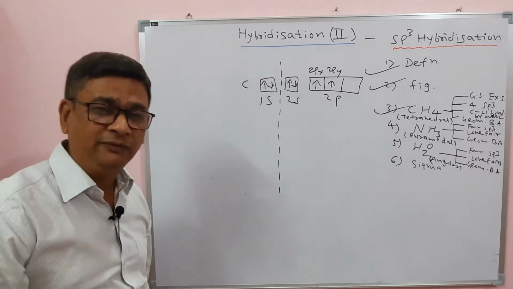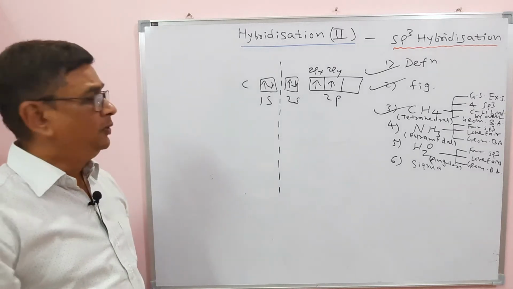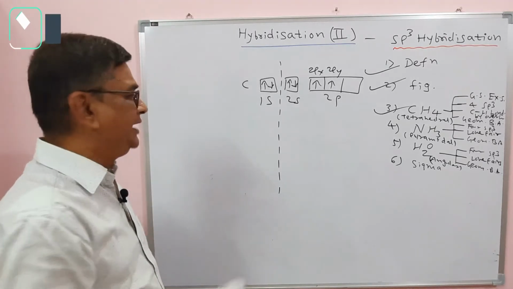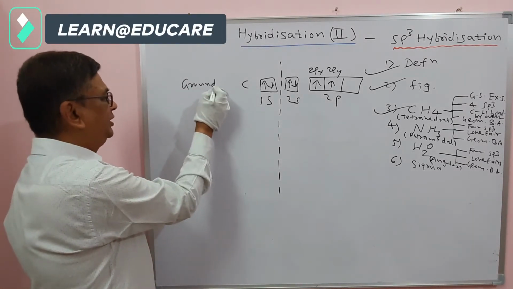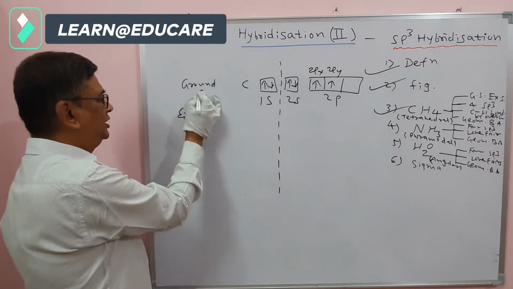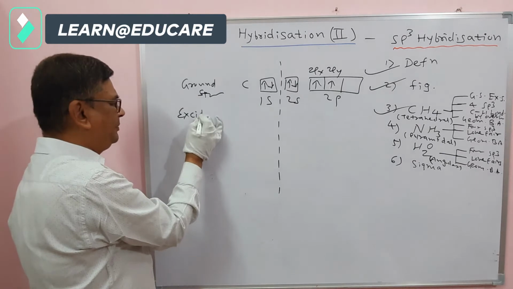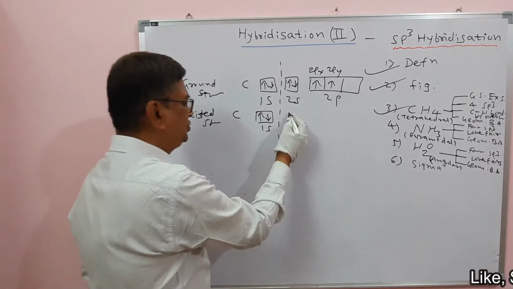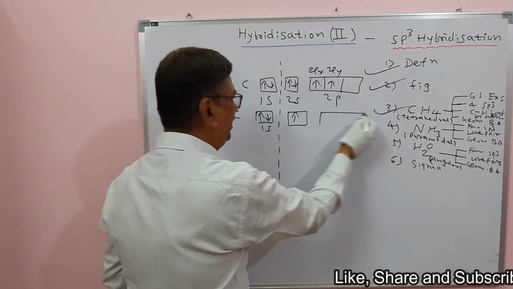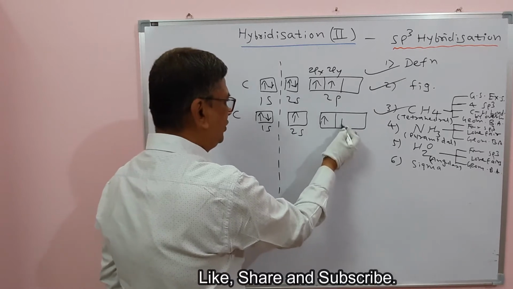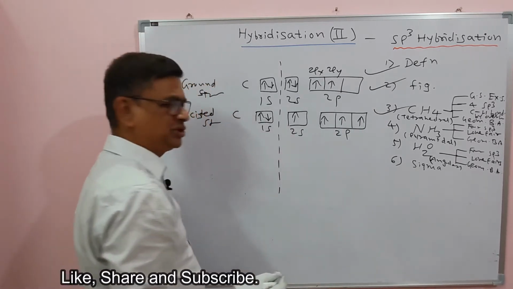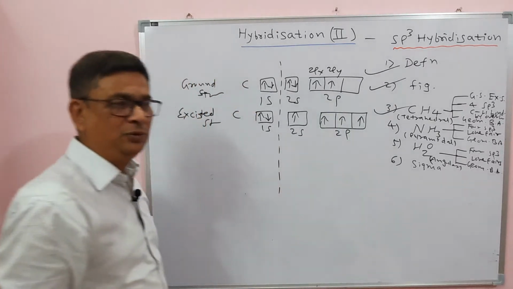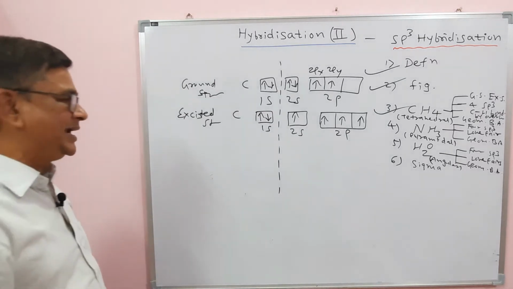So according to VB theory, that is valence bond theory, carbon should have valency 2, but we know carbon is tetravalent, its valency is 4, and this can be explained by considering its excited state configuration. So this is the previous ground state configuration. Now in the excited state configuration, one of the electrons is promoted from the 2s orbital to the empty 2pz orbital. Therefore the electronic configuration in the excited state becomes 1s2, 2s1, 2px1, 2py1, 2pz1. Now there are 4 unpaired electrons, so that satisfies the VB theory.